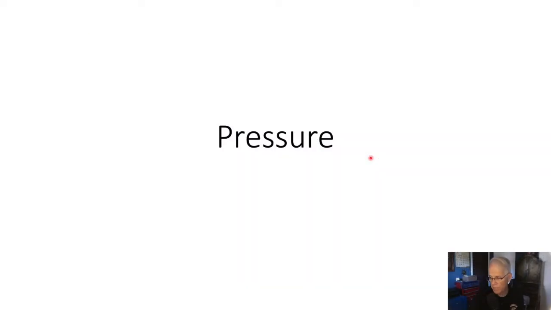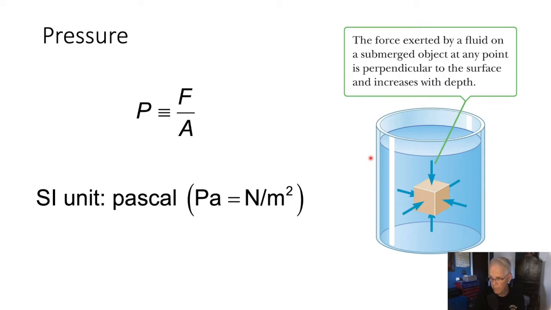Now let's define pressure. Pressure is the force on an object per unit area. The SI unit that we'll use for that is the Pascal. Force is measured in newtons. Area will be meters squared. Now, the force on this object here,